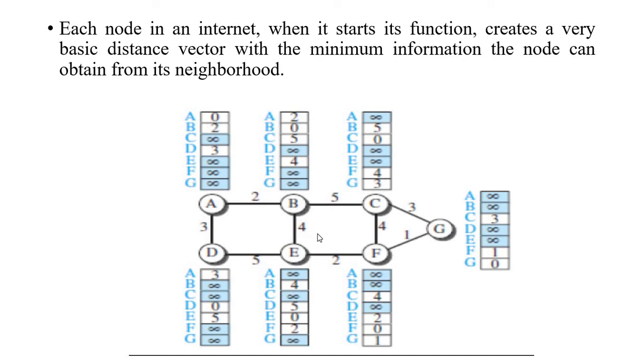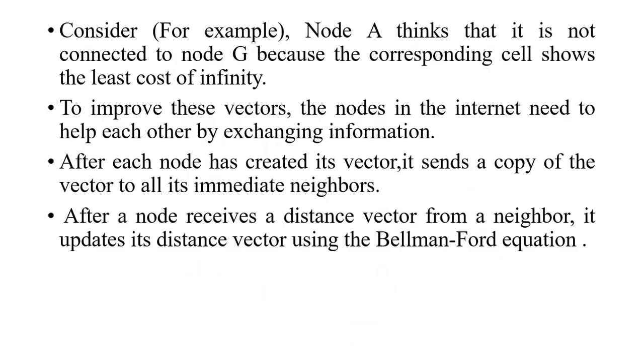There is another possibility also, that is, two ways are available. One is B to A and A to D. The other is B to E and E to D. So we need to select the shortest one based on the distance value. This can be updated for every node based on distance vector routing.